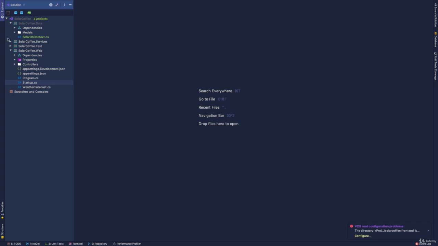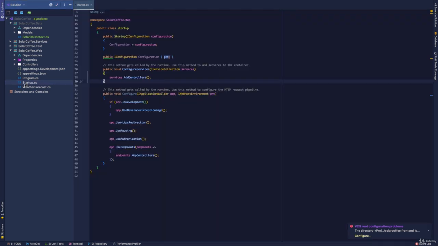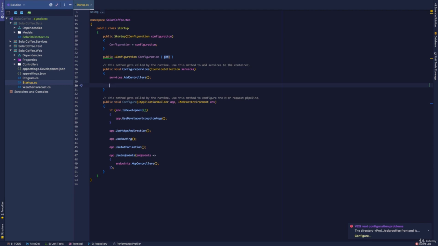All right, what we're going to do now is, in our solarcoffee.web project, head down into our startup class, and then make some changes to our configure services method to set up our DB context that we've been working on in the data layer, to connect to the Postgres database that we'd like to use for this particular project. So we already have services.addControllers in our configure services method, and now what I'm going to